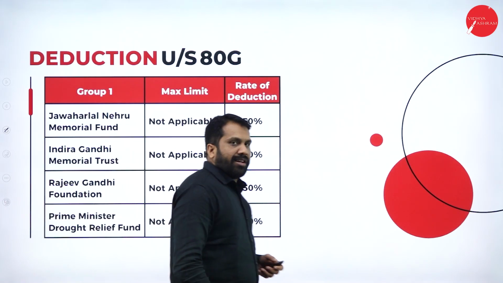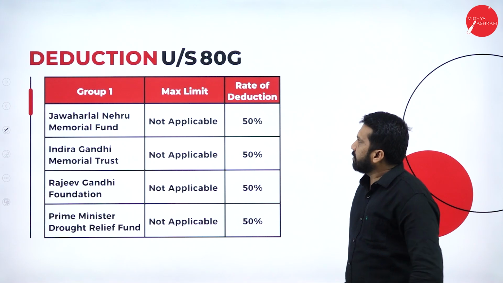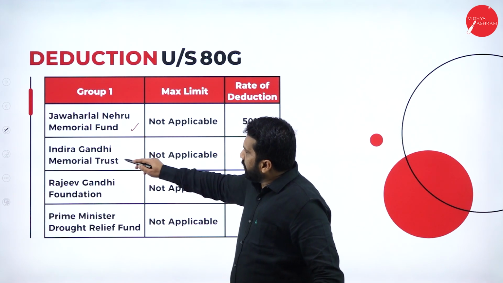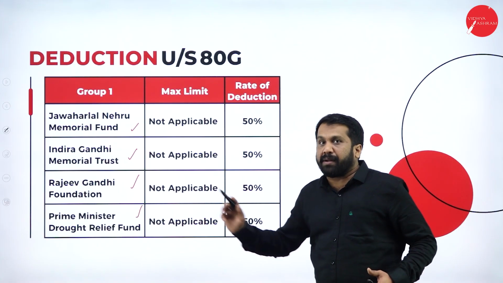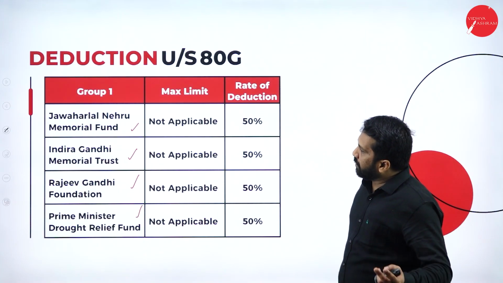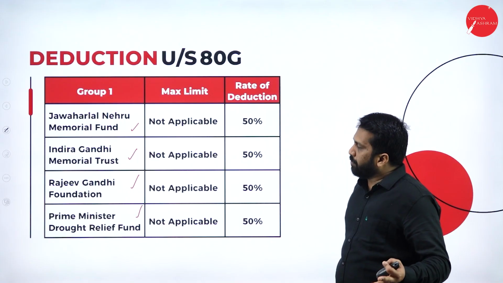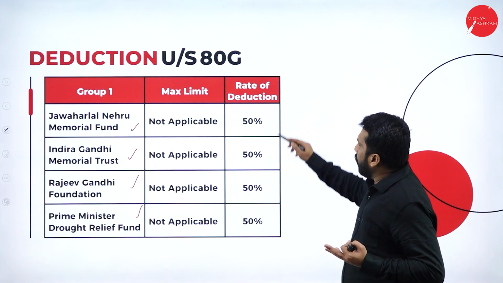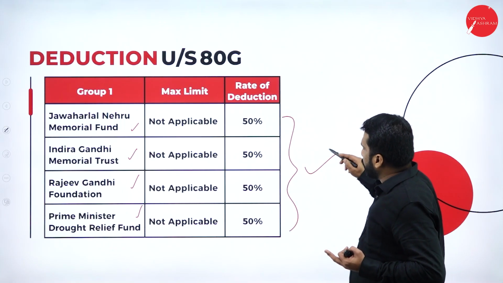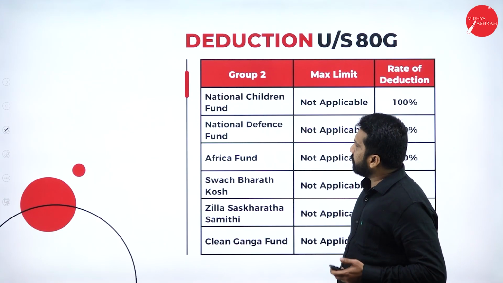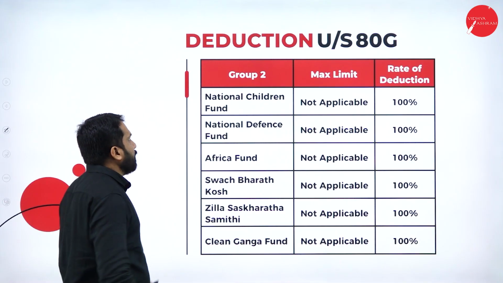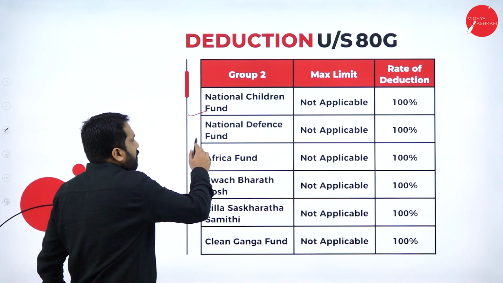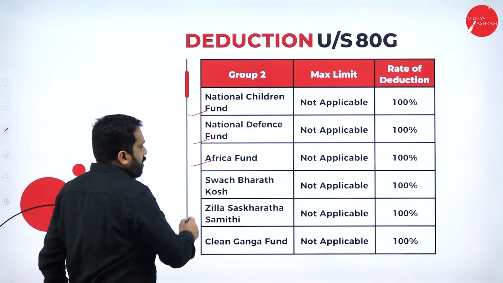Now, which donations come under 50%? See, Jawaharlal Nehru, Indira Gandhi, Rajiv Gandhi, Prime Minister. So easy to remember, all are our Prime Ministers. All come under what percentage? 50% slab. Next, these come under 100%, like National Children Fund, Defense, Africa Fund, Swachh Bharat Mission, Jilla